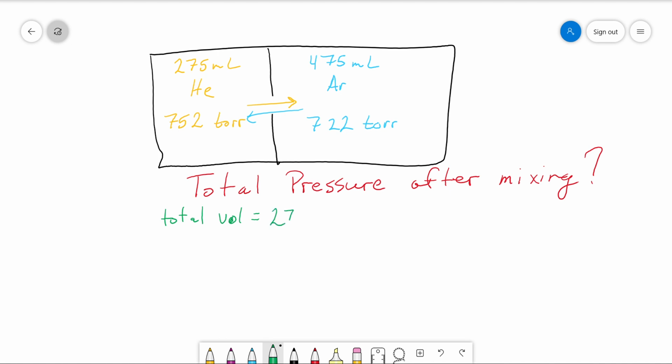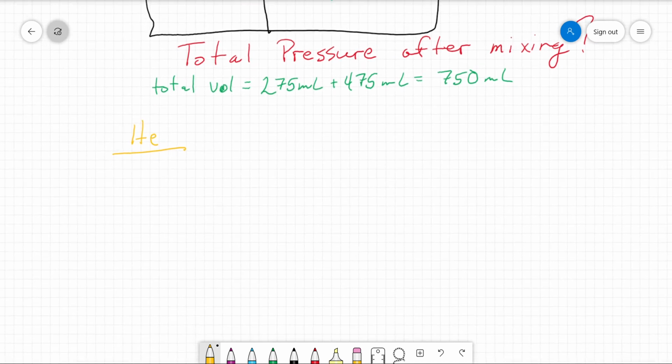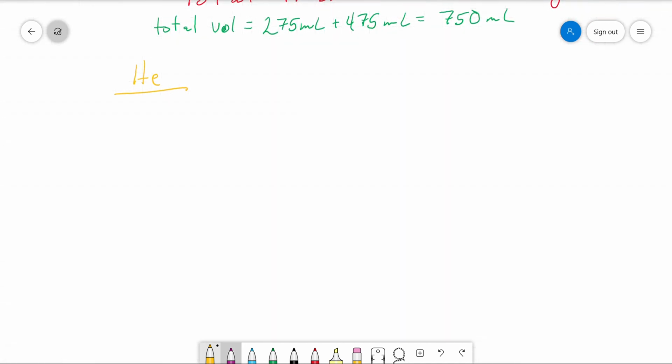So the total volume, this is easy, but we have to do it. 275 plus 475 is equal to 750 mLs, okay? So now what we need to do is that helium, it is going to expand to completely fill that 750 mLs. We need to figure out what its new pressure is, and then we'll do the same thing for argon, and then we'll add them together. So that helium,